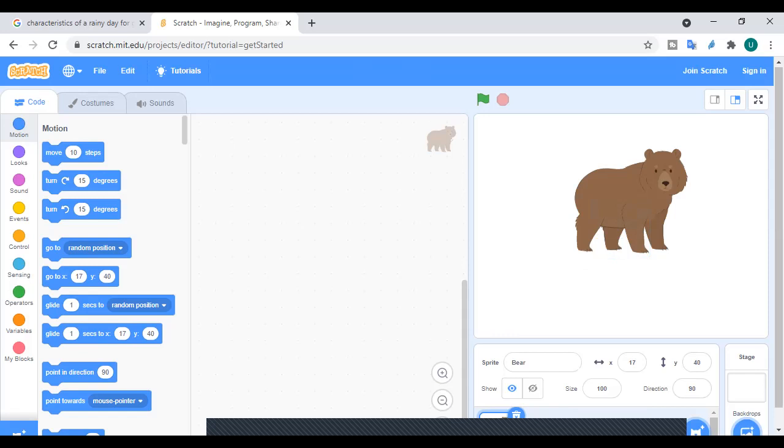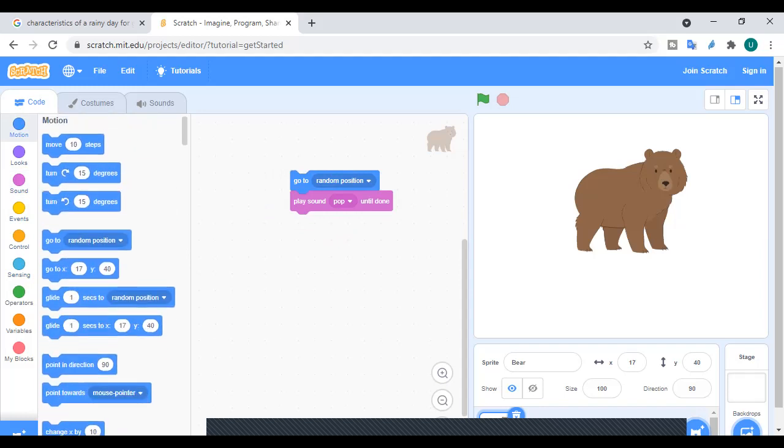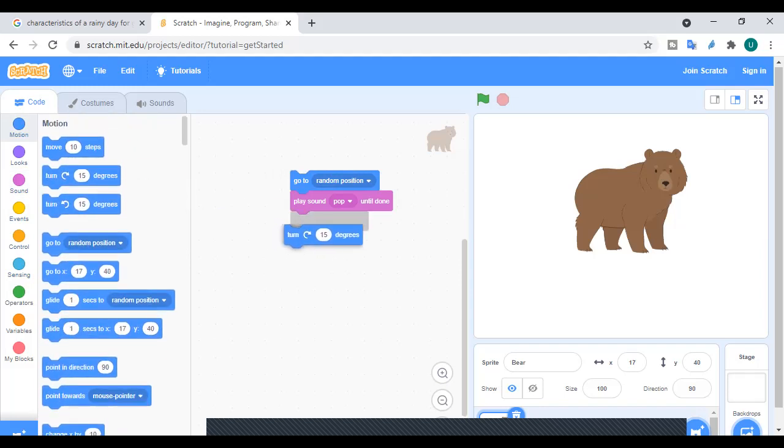Similarly, we have talked about the different blocks. Let's say this is a move block, this is a turn block, and this is go to random position. Now I'm dragging a few of them, and this is known as drag and drop. I'm dragging a few of them over here. Let's say I have dragged these two, and then let's say turn this. Now I have created this function. This is in blue color, this is in purple and again blue, and the sprite is in brown color.